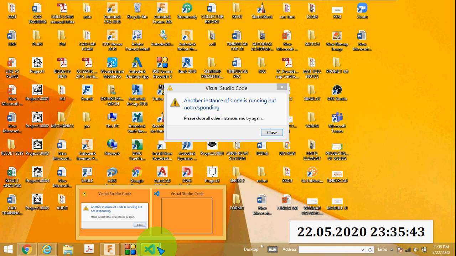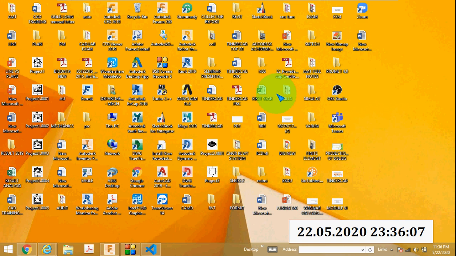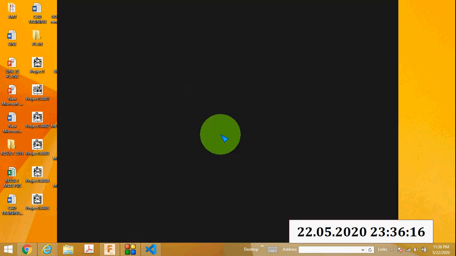Visual Studio Code is not responding. Sometimes this is actually the problem of my computer, my laptop. Here you can see the G codes and the M codes.